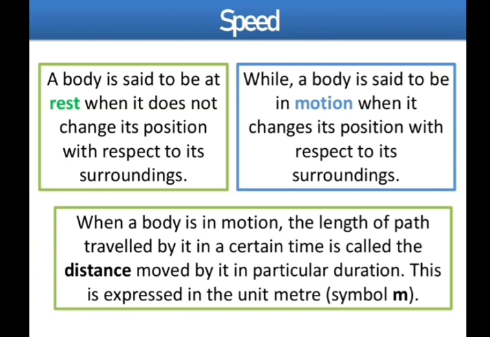Fine, there are many objects which are moving around us. To find which one is moving fast or slow, we measure the distance traveled by different objects in the same time. In the same time duration, whichever travels more distance is moving faster, and whichever travels less distance is moving slower. For example, if the car travels more distance than a bullock cart in the same time interval, we can say that the car moves faster than the bullock cart.